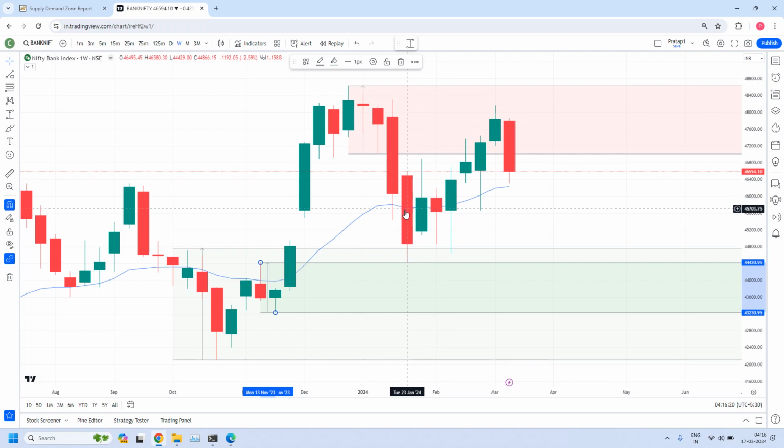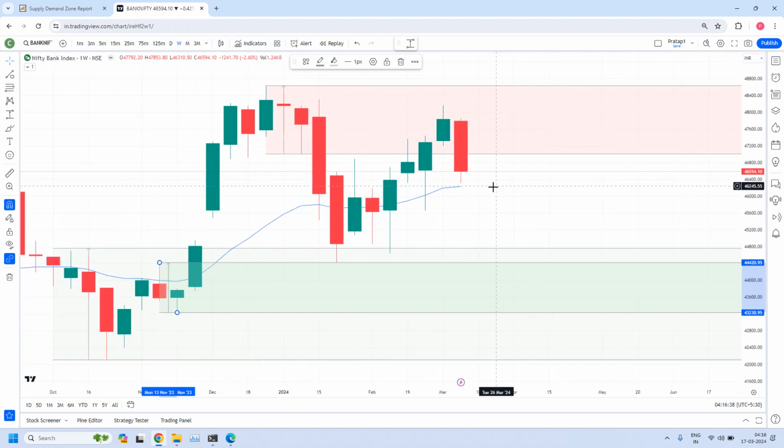And see here, previously prices just entered into the weekly demand zone, and then it changed direction, started moving up, and finally entered inside the weekly zone. And from the weekly zone, again prices are moving down. Now prices reached the weekly